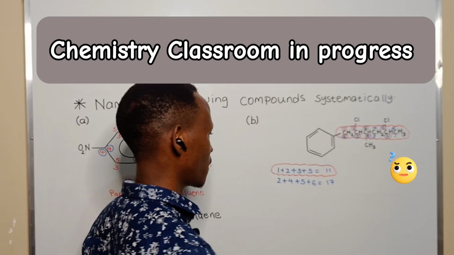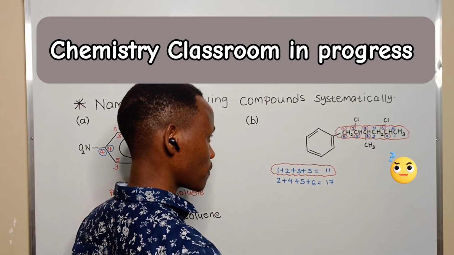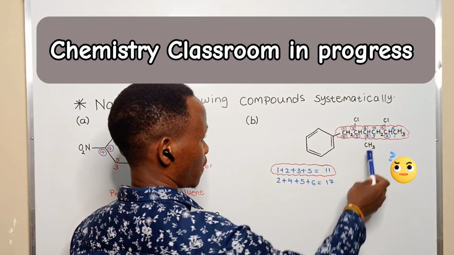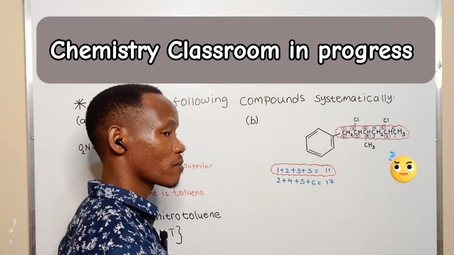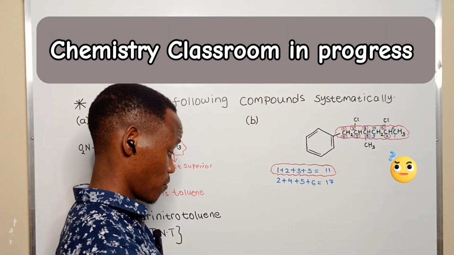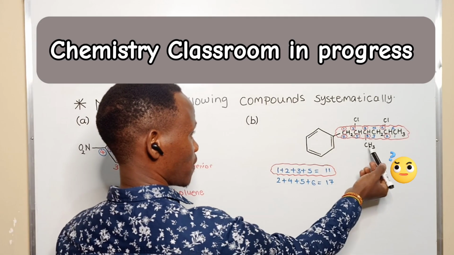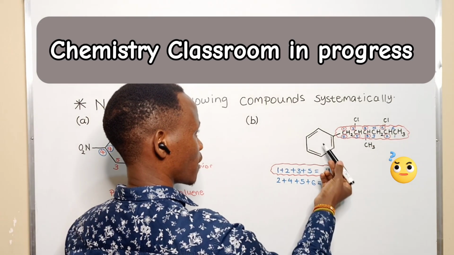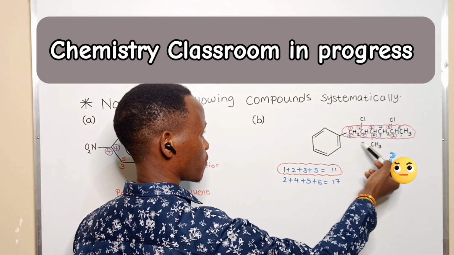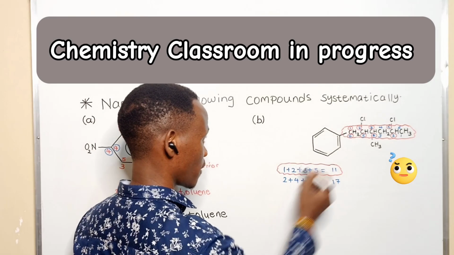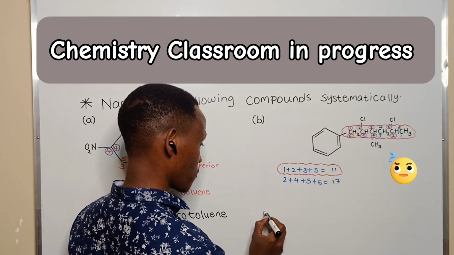So we now start naming our compound. How do we name our compound? We have to remember that there are three different groups, and therefore the three different groups must be written in order of alphabetical superiority. So this is a methyl group, this is a chloride group, and this is a phenyl group. Therefore, by basing on the alphabetical superiority of the three different substituents, we write the name of this compound as follows. So the first one is